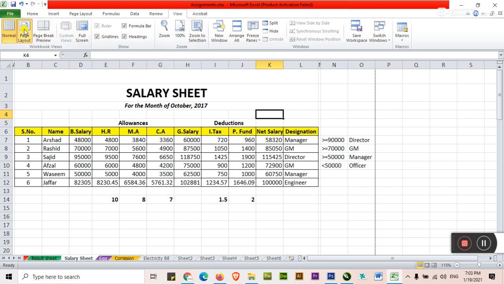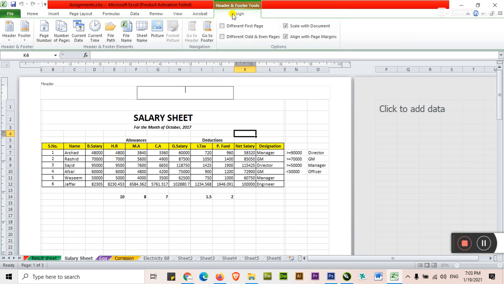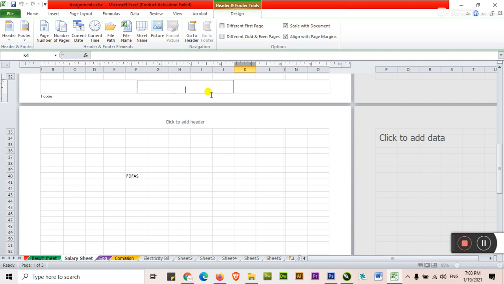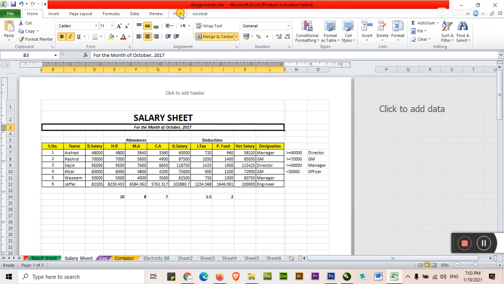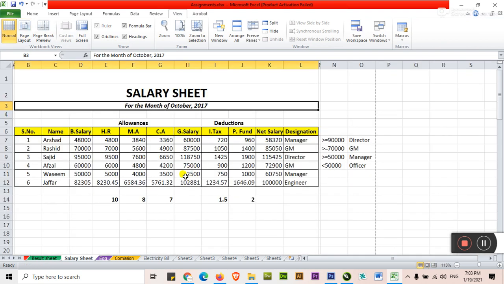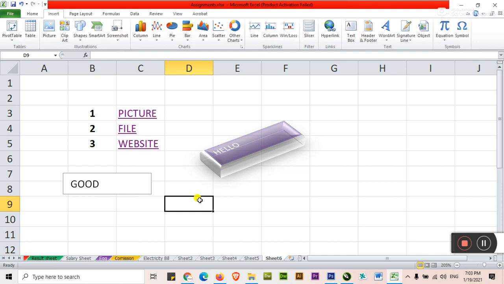Again go to Page Layout and remove this from here. Go to footer, remove this from here, because we don't want it on every page. This is my final document. Okay students, this was our header footer command.